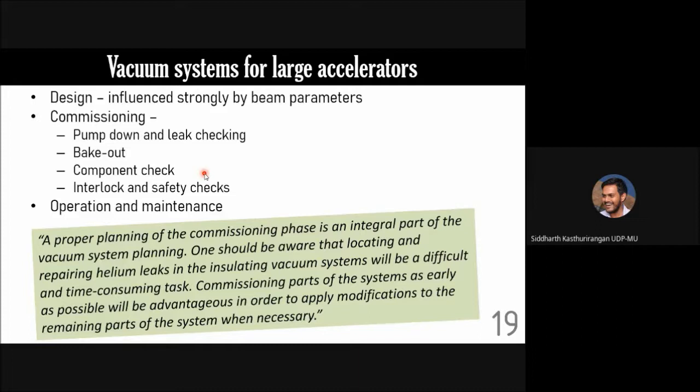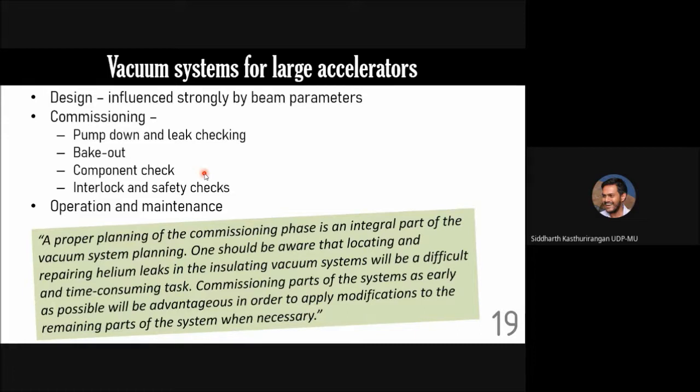For example, if a certain pump fails, then normally there will be an interlock which will immediately shut down or isolate that particular part of the vacuum system. Two valves at two ends of that region or zone will get shut off, so that that part of the accelerator is isolated from the remaining part. If the temperature goes high, then everything should shut down automatically. If the pressure rises beyond a certain limit, the beam should switch off automatically. All these interlocks and safety checks and balances can be checked at the end.